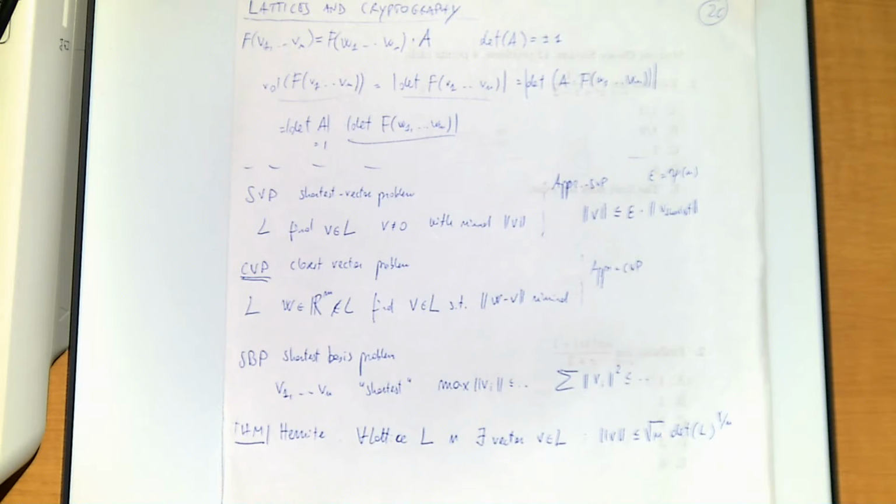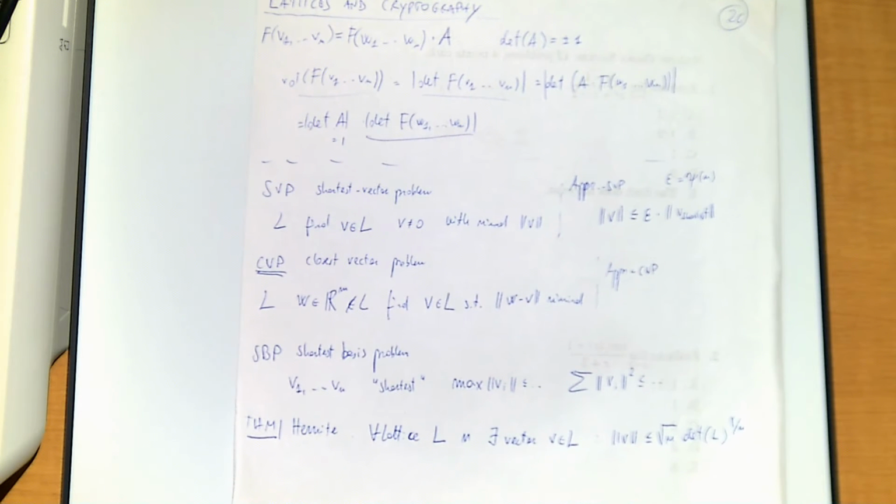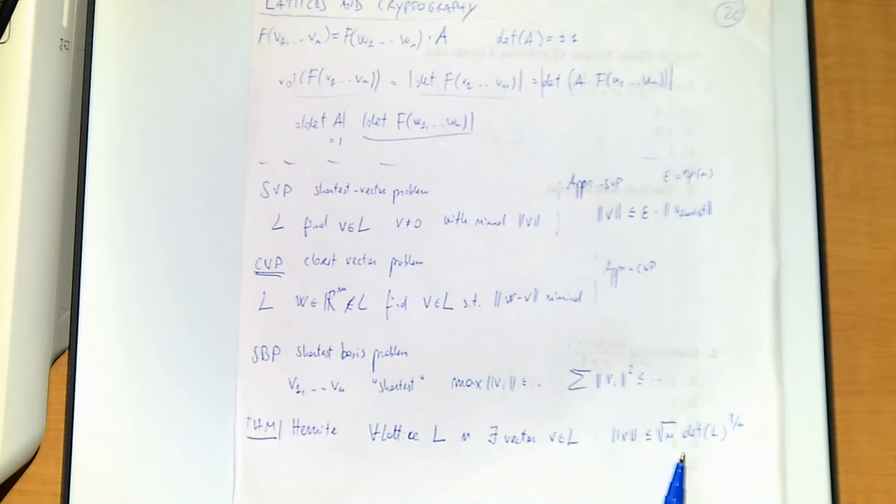We're not going to prove this because it's a little more complex than what we can do, but essentially there always exists a vector that is smaller than this threshold,